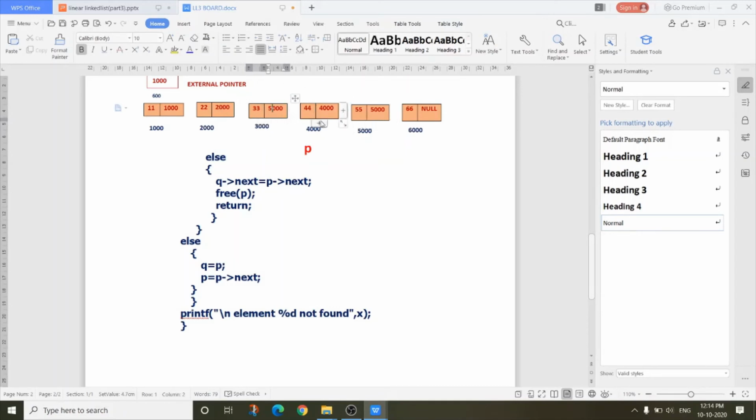So how can we get the previous node? Because it is not a doubly linked list. This is a single linked list. So how can we get the previous node address, so that the previous node's next part can be 5000?